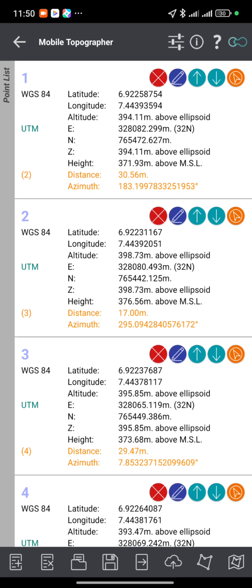So for you to now put them in a way you can be able to access them using other softwares or just spatial softwares, you are going to click on the fifth button at the bottom, the one with an arrow pointing towards the right. It is the export button. So we click on